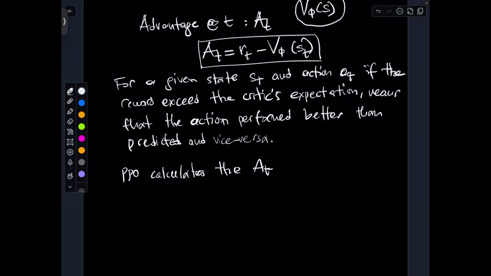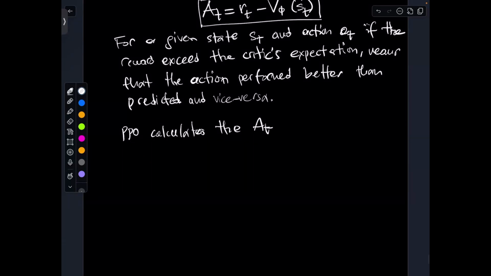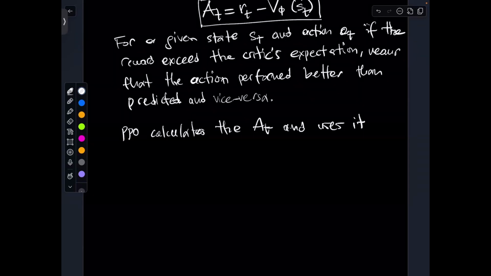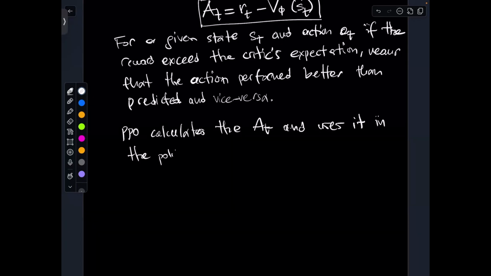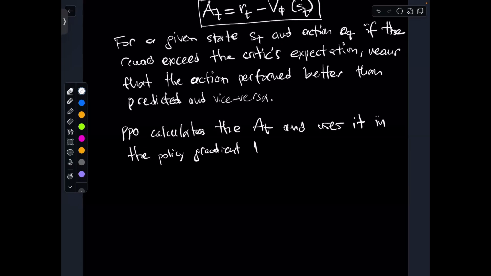And this somewhere is what we call the policy gradient loss, and PPO uses it in the policy gradient loss